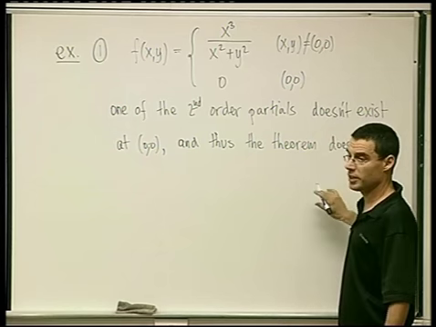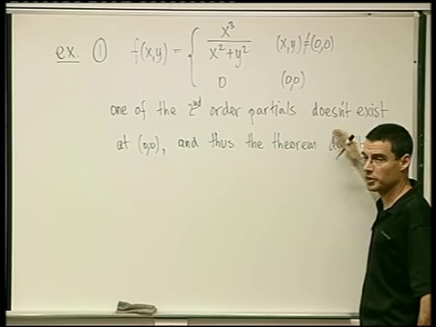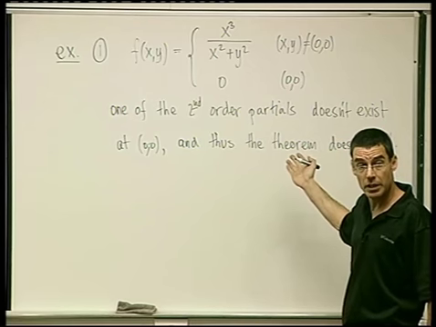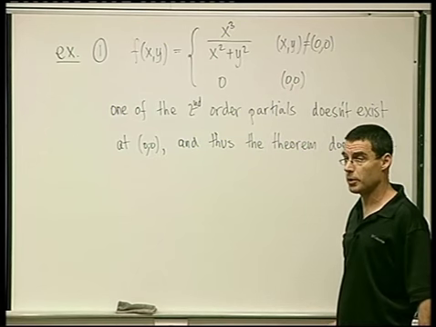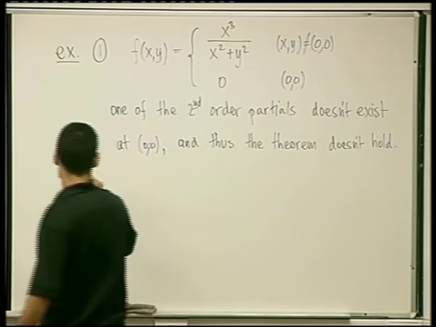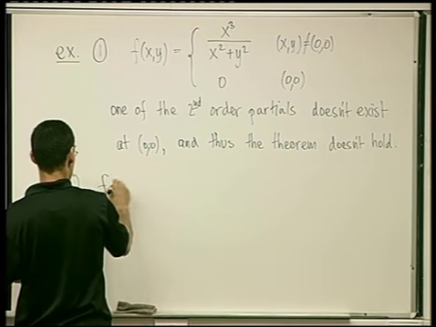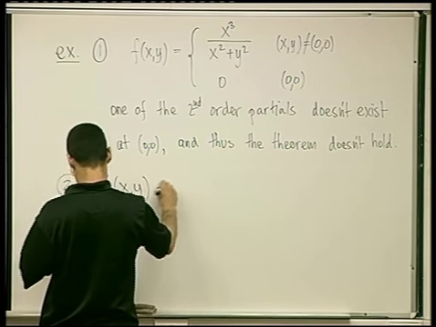Because the other one does exist. And why? How can the theorem not hold? Well, if it doesn't exist, it of course can't be continuous, right? And therefore the conditions of the theorem are not satisfied. Clear? And the other example for you to try is the function f of xy equals